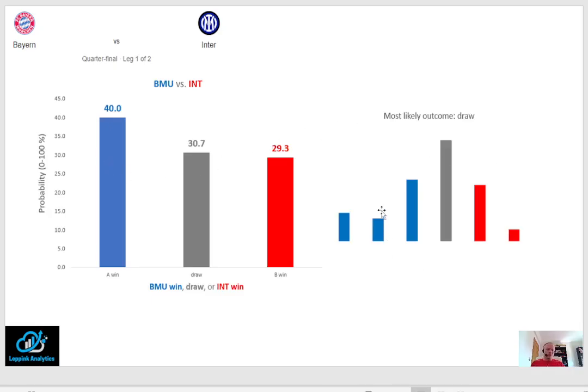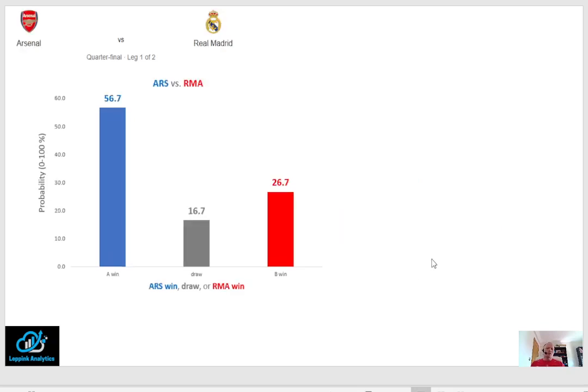But in terms of actual numbers of goal difference, you could also predict a draw as the most likely outcome here, which is still just over 30% chance of a draw, and there is a decent chance that also Inter wins. So in this case, based on these two charts together, I predict that the final outcome between Bayern and Inter will be a draw. Between Arsenal and Real Madrid, the picture is quite different based on the last 5 matches